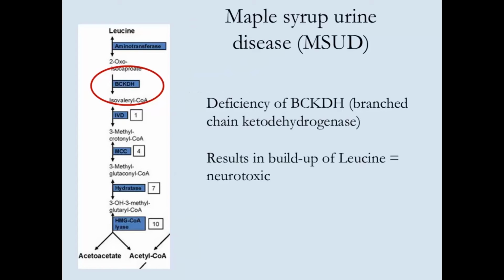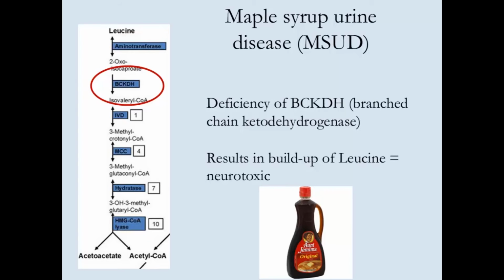So I'm going to move on to maple syrup urine disease, which a lot of people have heard of because of its name. It's technically a branched-chain keto acid dehydrogenase deficiency. So this is one of the prototypical leucine degradation disorders, and the enzyme is here. So you get a buildup of leucine. Again, leucine in excess is neurotoxic, so the goal is to reduce this substrate so you don't put more stress on an enzyme which is deficient. And ultimately, this is also going to go down to provide metabolites for the Krebs cycle.